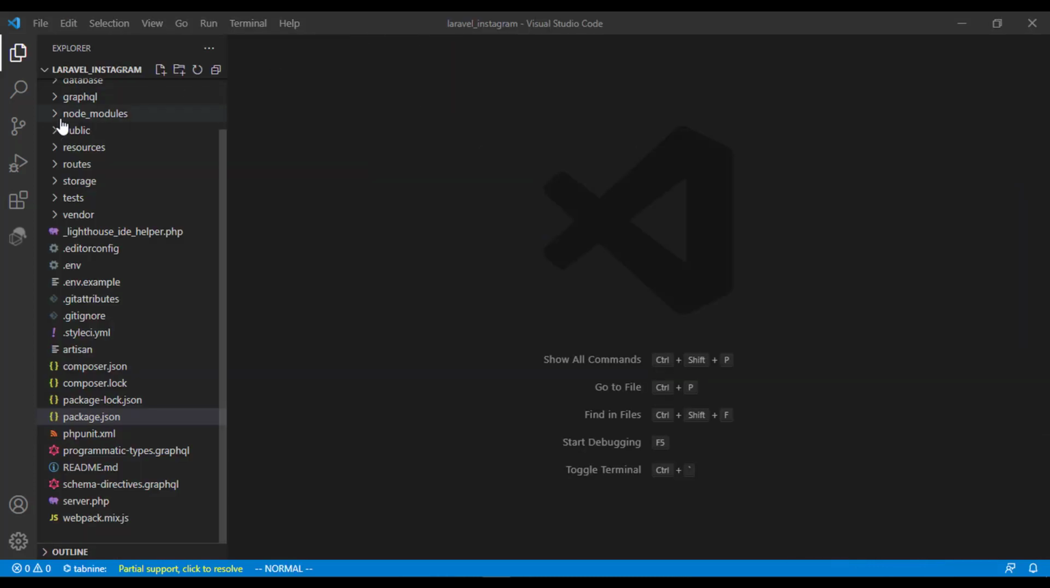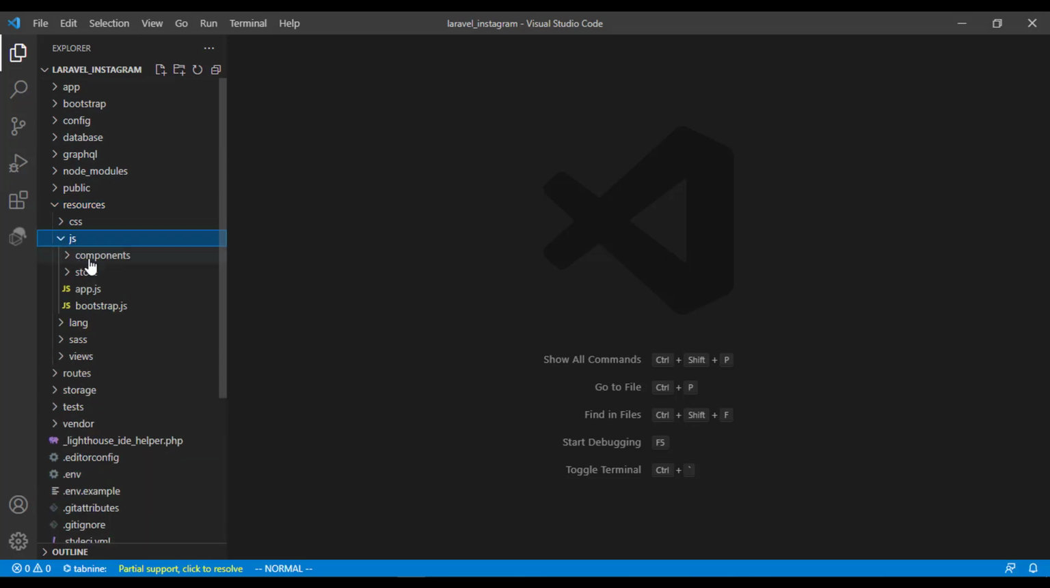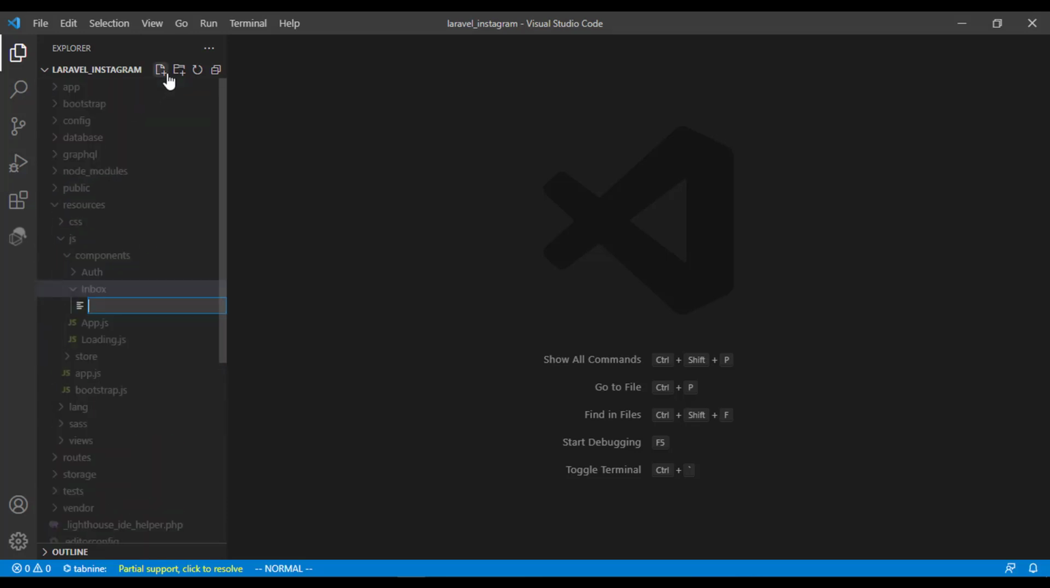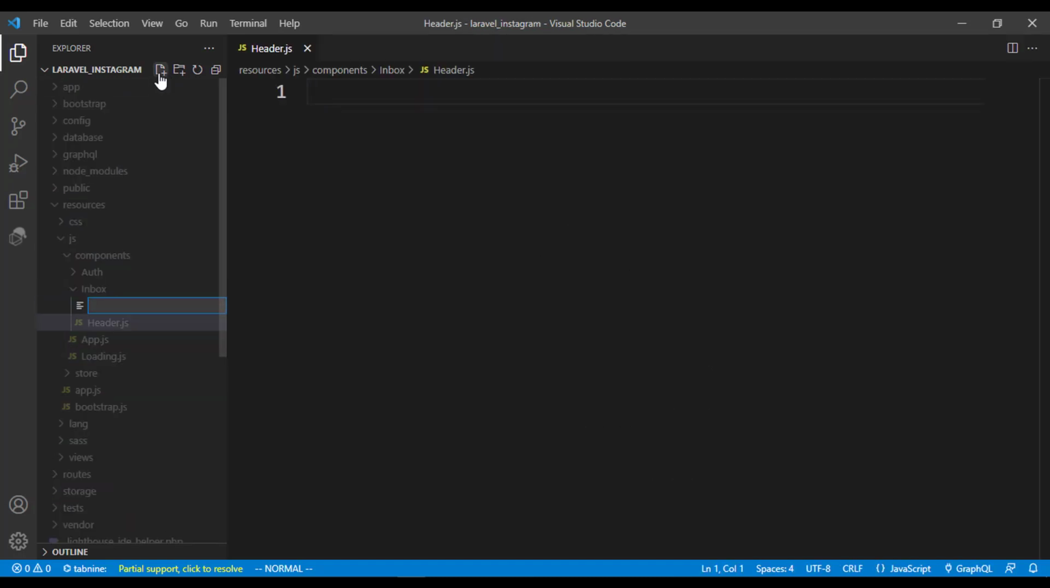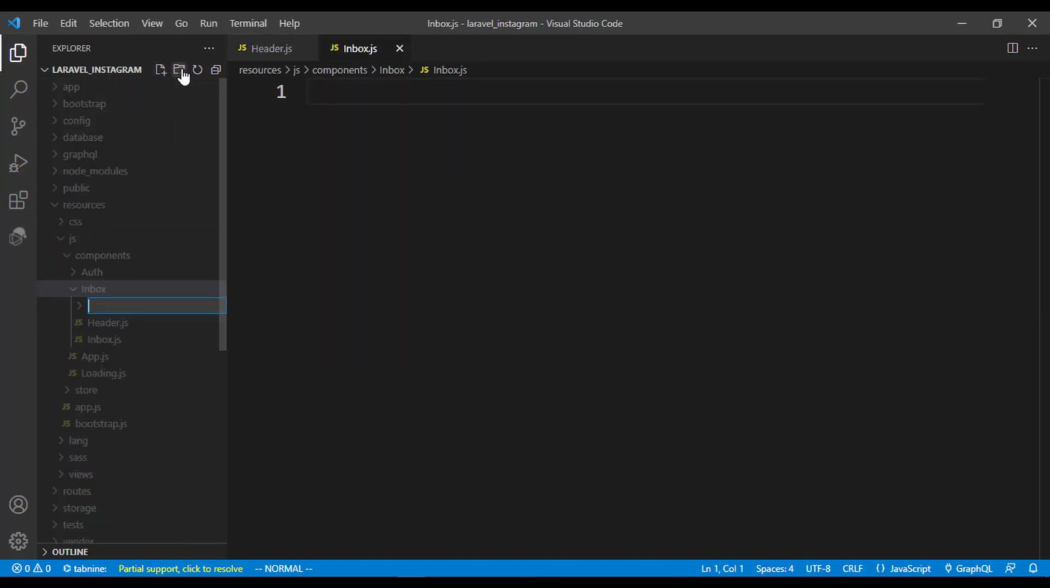And quickly, let's go ahead and work on the inbox section of our tutorial. I'm going to click on resources and move into the JS folder. In the component, you can see the inbox folder, and I'm going to create two files. The first one is the header, and the second one is the inbox.js file. And I'm going to add one more folder called chat. Then inside this file,